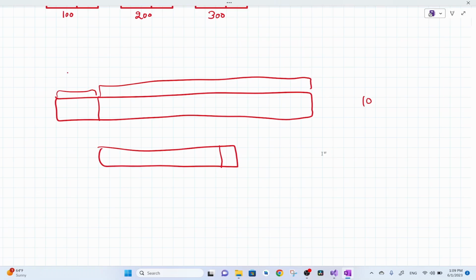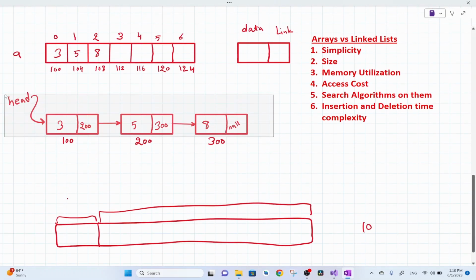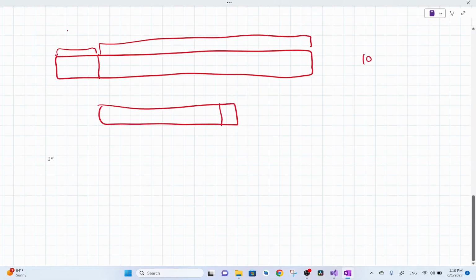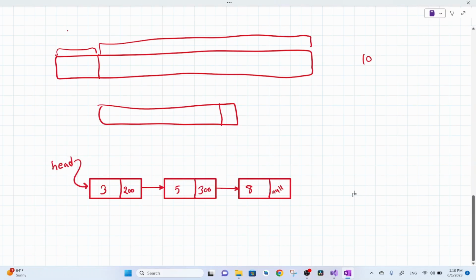linked lists, because they are dynamic in nature, utilize memory efficiently, as nodes are created only when they are needed. Unlike arrays, we don't have to initially declare the size of the linked list. We can simply add nodes as they are needed. So if we have a linked list with size 3, I can easily add elements to this linked list at the beginning or the middle, without worrying about the size or shifting elements. So if I want to insert an element at the end of this linked list, I can create a